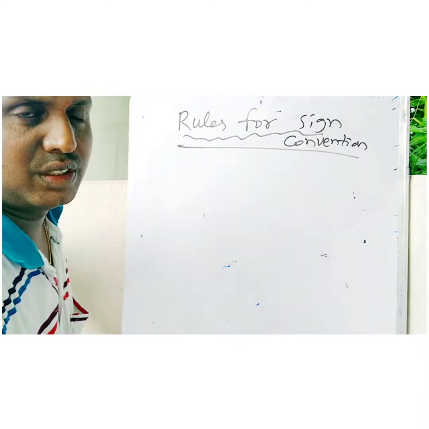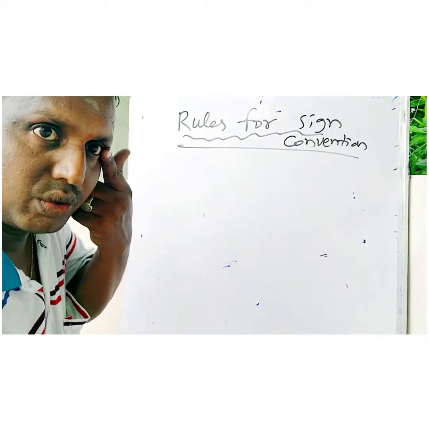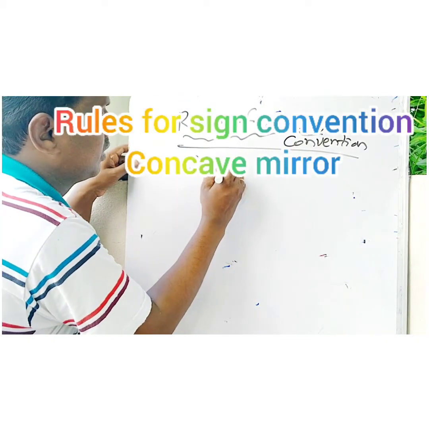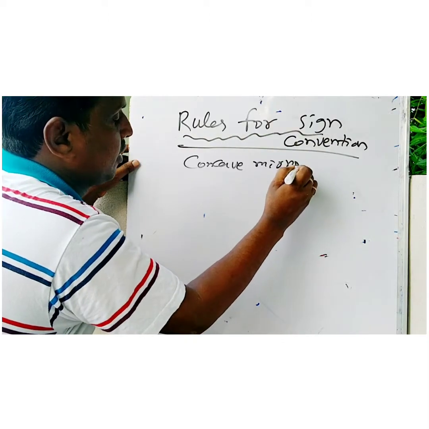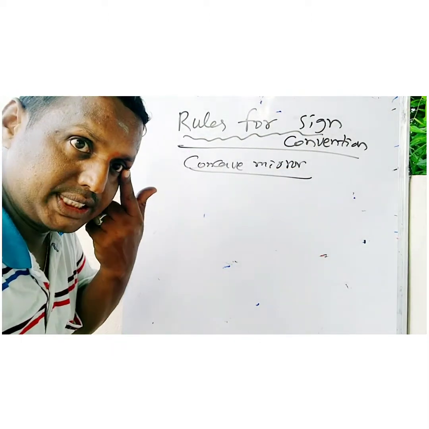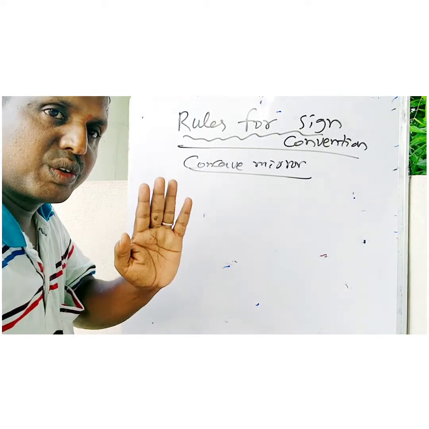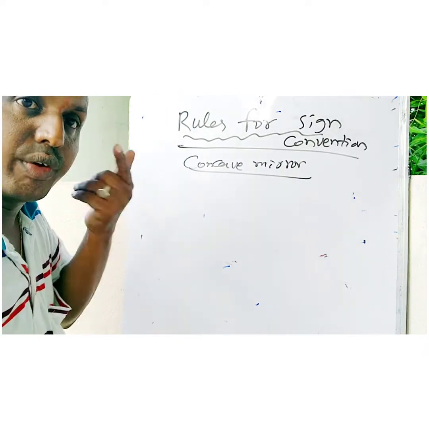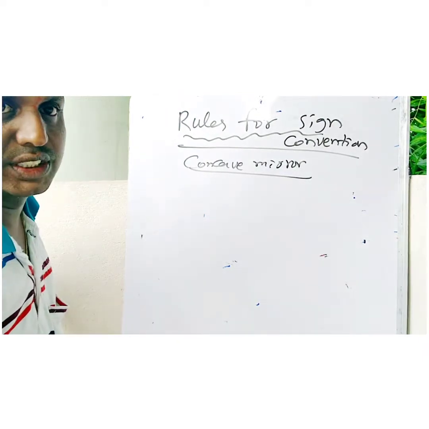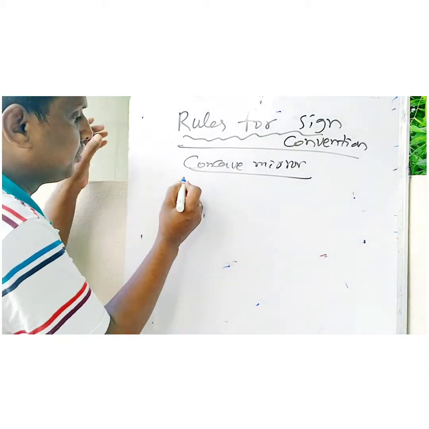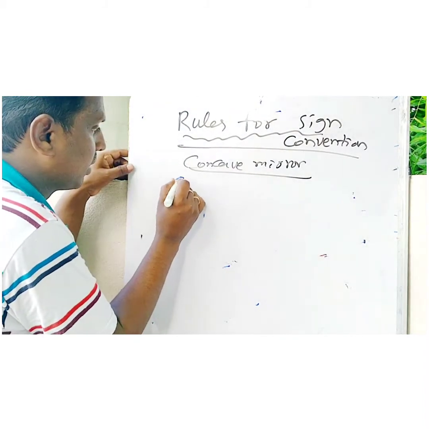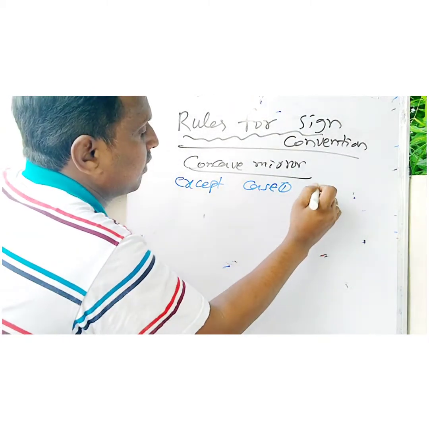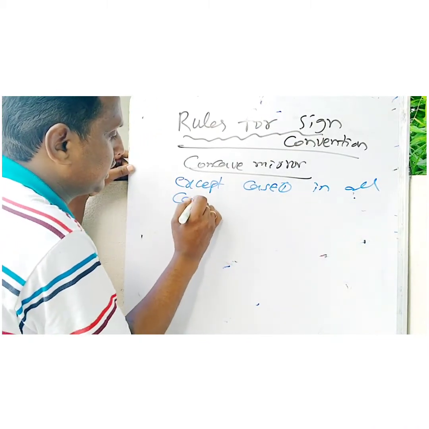Now first we will apply the rules for the concave mirror. Be careful. For the concave mirror, totally we have 6 cases. Except for case 1, the other 5 cases have the same conventions. So I will show. Except for case 1, in all cases,